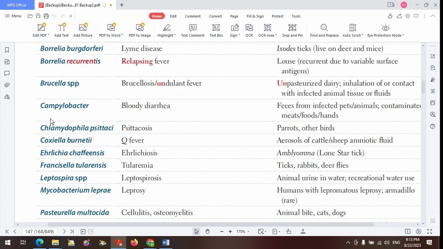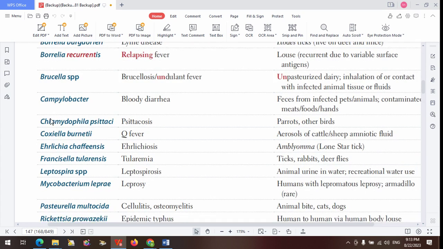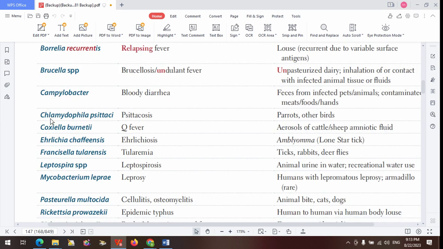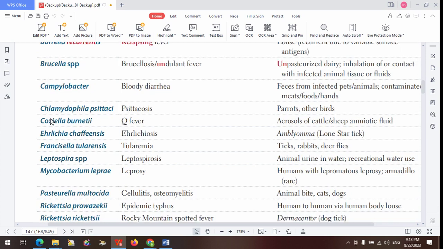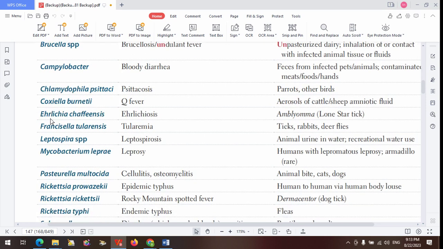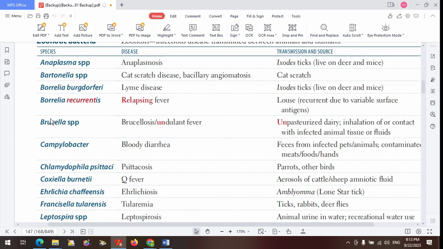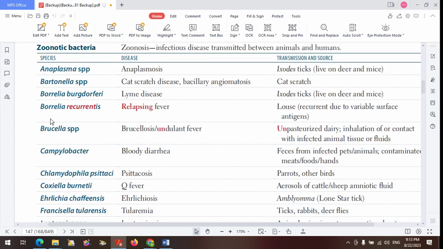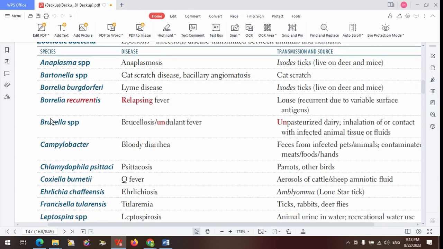Campylobacter, bloody diarrhea. Because you can get it from animals and all those things, it's also zoonotic. Chlamydia psittaci, you can get it from parrots. Coxiella burnetii, Q fever, from aerosols of cattle and sheep amniotic fluid. Ehrlichia, this one is gotten from the Lone Star tick, ehrlichiosis. Leptospira. So the most important ones that we should just pay attention to: Anaplasma, Ixodes, Borrelia, Ixodes,